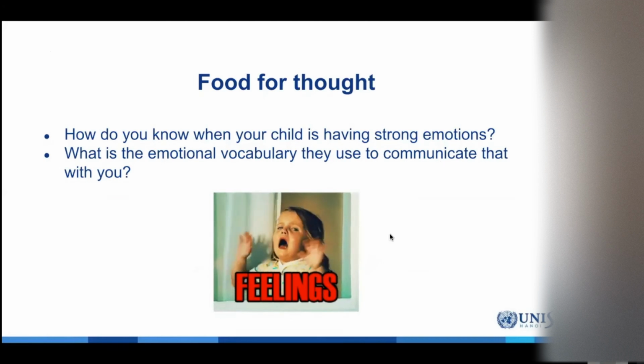Thinking about how as parents, because you know your children better than anyone, and we're currently only seeing them on screens, but how when your children are having strong emotions. In our guidance lessons, we talk a lot with our children about naming emotions and being able to talk about that none of the emotions we feel are bad. It's how we show them, how we experience them, how we react to them. And so we talk to kids about the differences. Some people show anger by going silent and turning red. Others have more explosive ways of showing that.